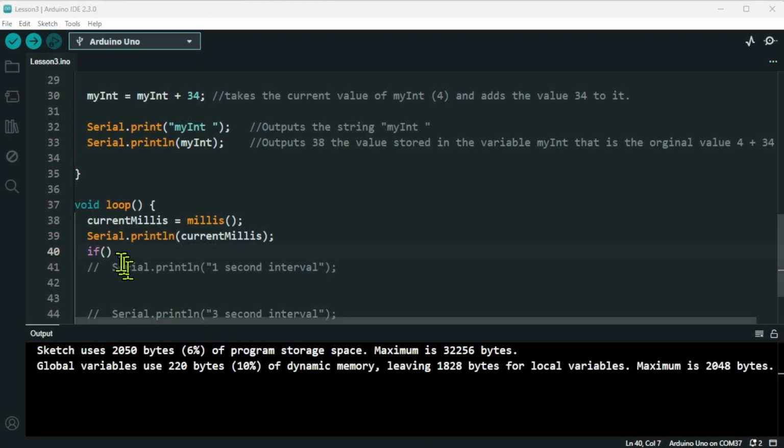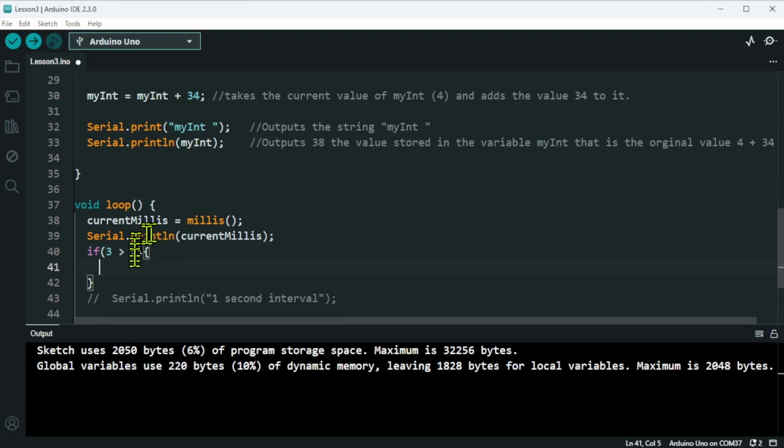So going back to our code, if checks a condition. So let's put some very simple conditions in. So we could put if 3 is greater than 2, then do something. So if the value of 3 is greater than 2, then it will do something here. If 3 is not greater than 2, then it won't do anything. Now, obviously, 3 is always going to be greater than 2, but when we are using a timer, of course, those values are